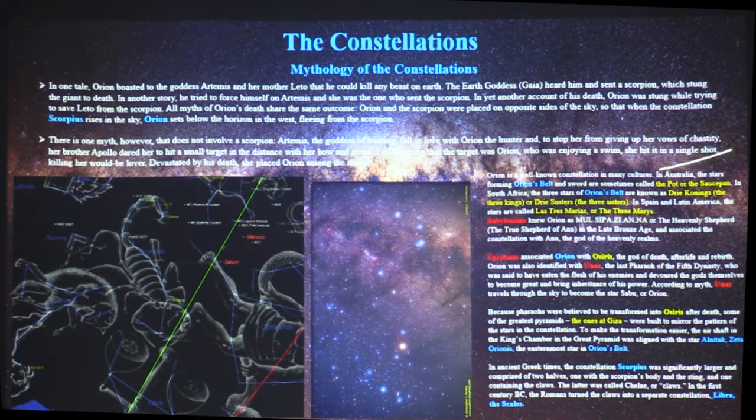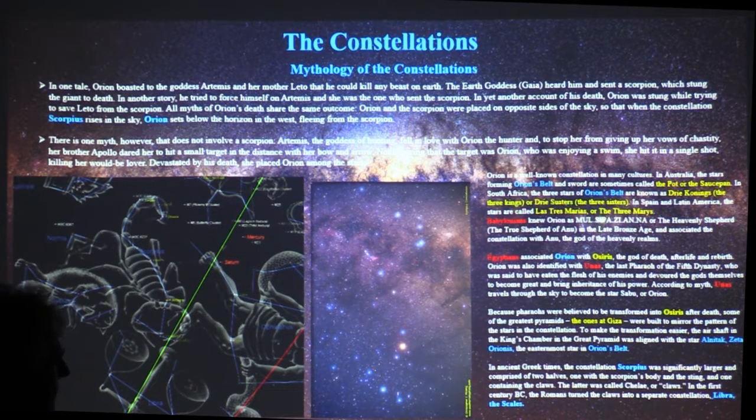Now we know it here, and we know parts of the constellation, Orion's belt. It has different names in different cultures. In Spain and Latin America, the stars of the belt are called Las Tres Marias, or the Three Marys. Interesting. The Babylonians knew Orion as, I won't even try to pronounce that, the heavenly shepherd. Egyptians associated Orion with the god Osiris, who was the god of the afterlife, basically. So when people died, they went to the fields of Yaru in Egypt, which was like their version of heaven. And there they gazed upon Osiris.